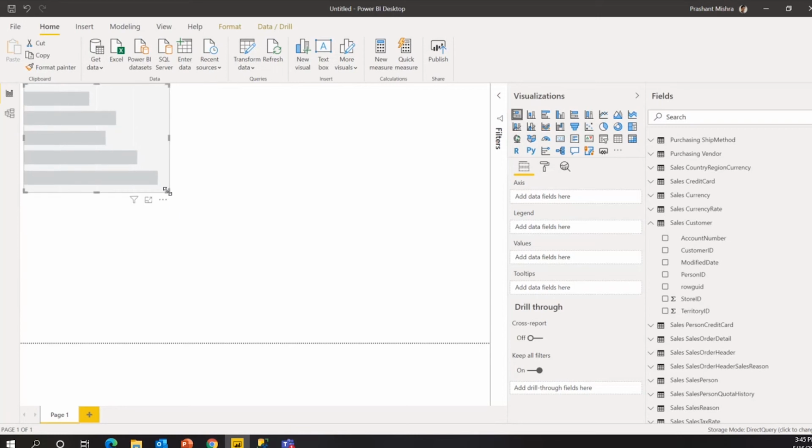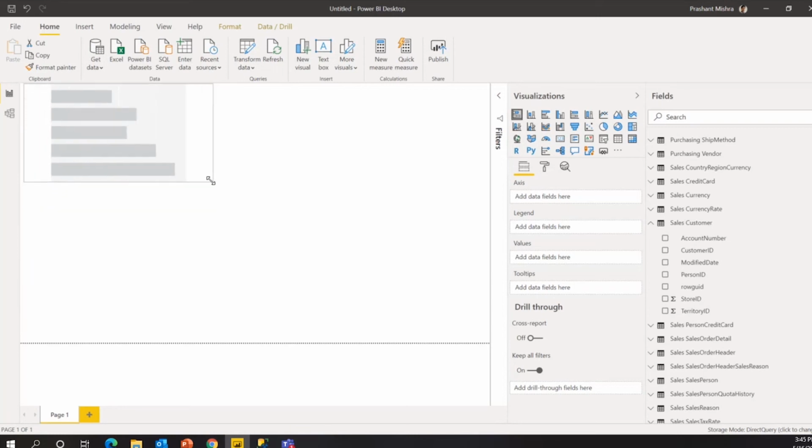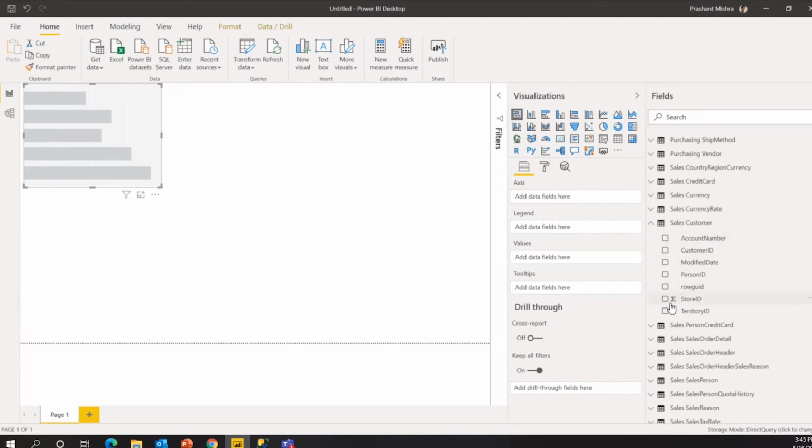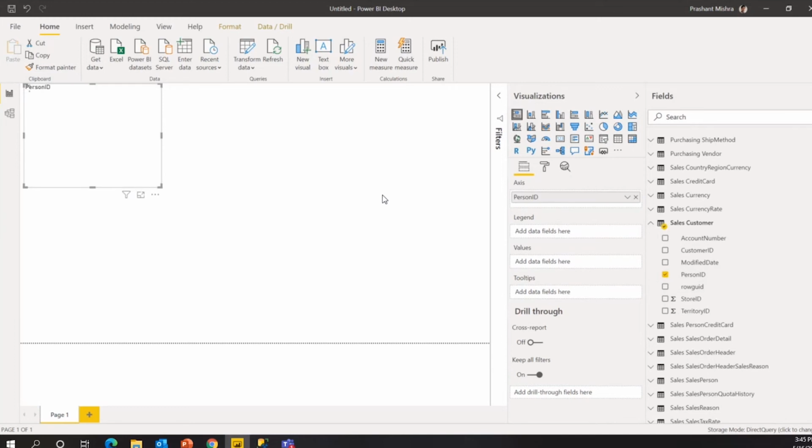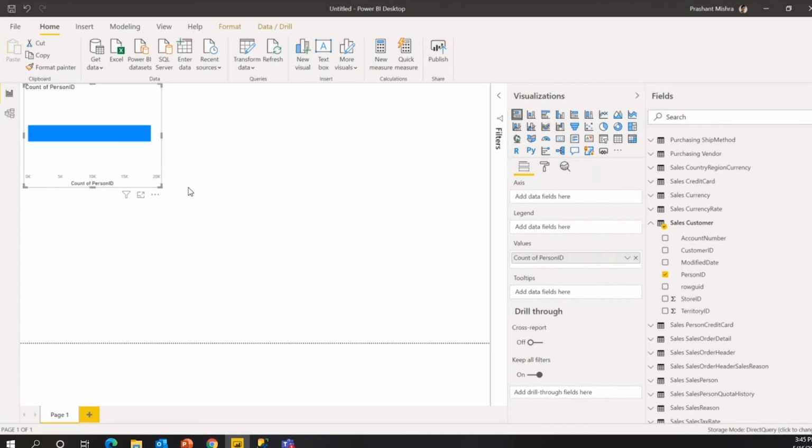You see you can drag and drop and make it large, small, any size. Then I am going to select maybe person ID. I just want to check the count of person. Here it is saying axis, but I want to bring it in values, which will give me the count of person ID.